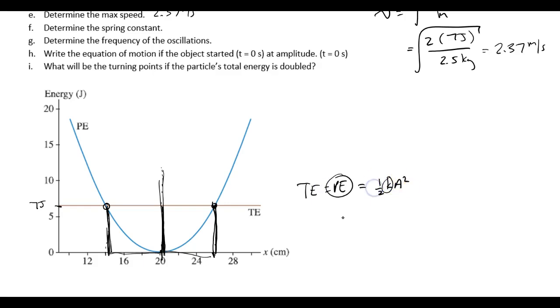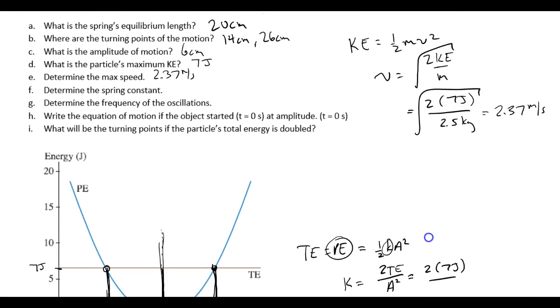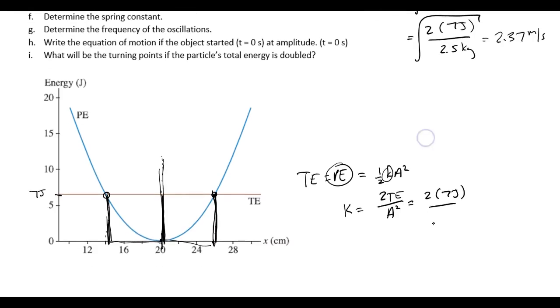I'm looking for k, so k would equal 2 times the potential energy at amplitude, or in this case I'll say 2 times the total energy, doesn't really matter, all over A squared. So that's 2 times 7 joules. The amplitude we already said is 6 centimeters, so that is 0.06 meters squared. And so 2 times 7 divided by 0.06 squared, I get about 3,900